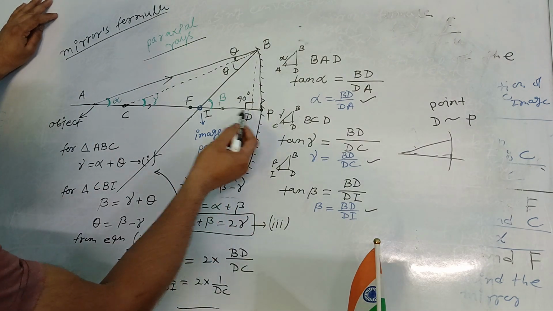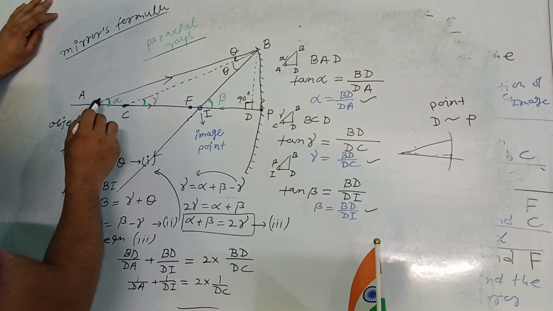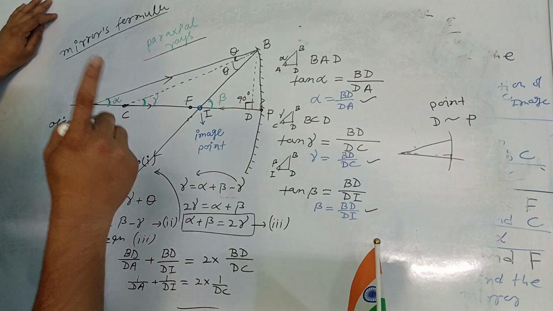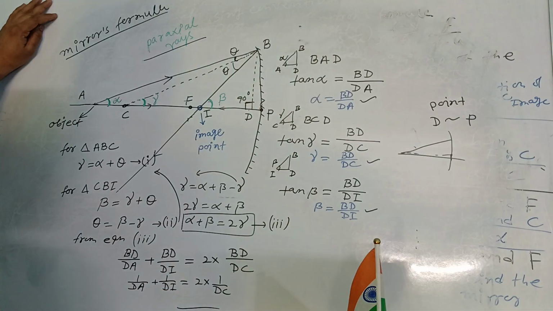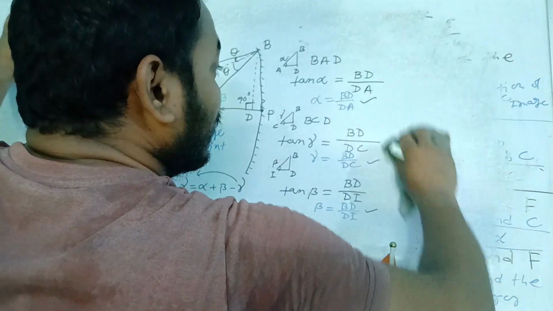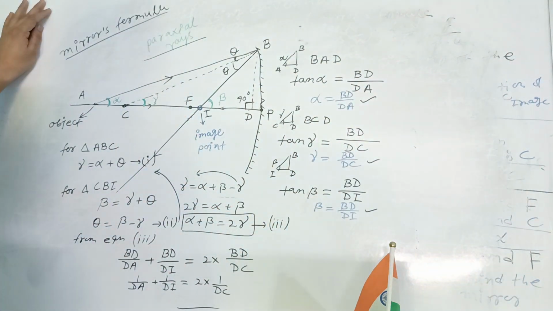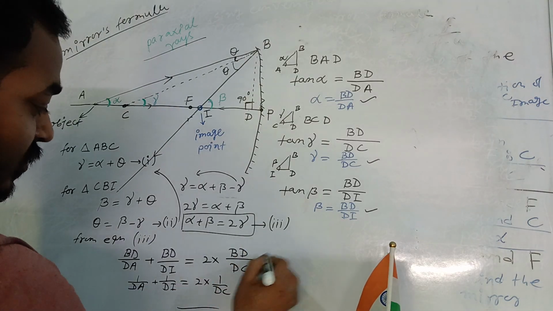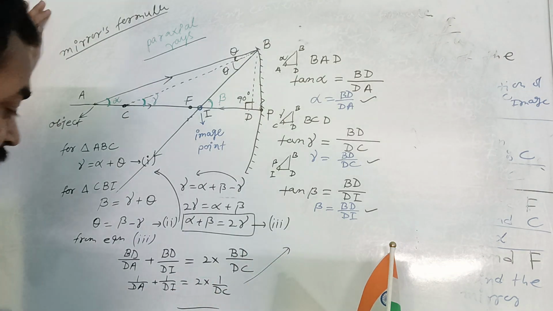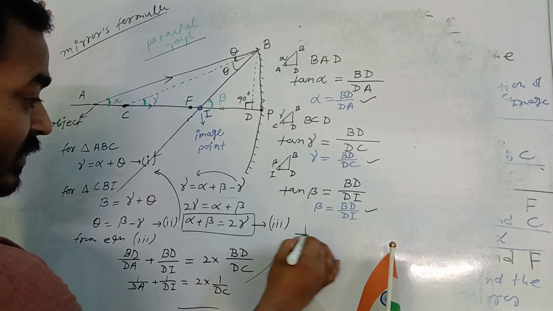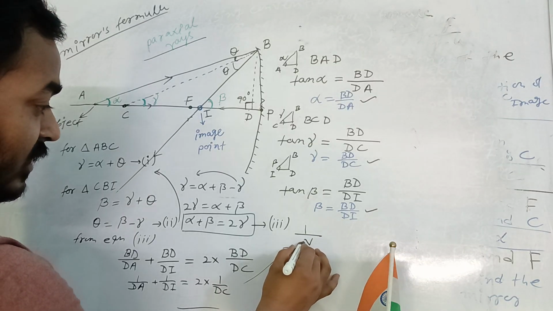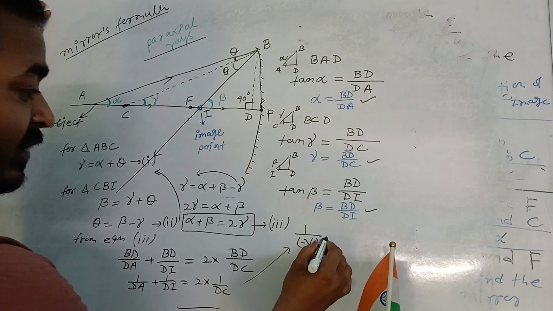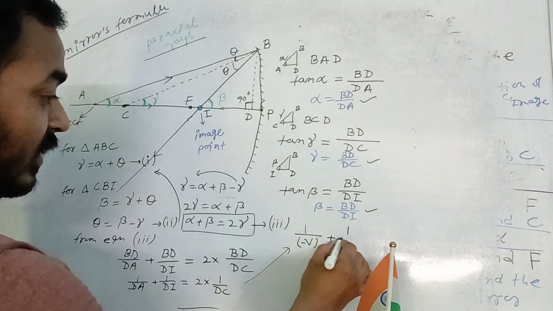Actually, the direction is opposite to the incident ray, because this is the direction of the incident ray. I am taking opposite to the incident ray, so it is minus. Very good. So we'll write here, from here to here. We can write it is 1 by v, and it is opposite to the incident direction, so I am writing here minus v, plus similarly 1 by